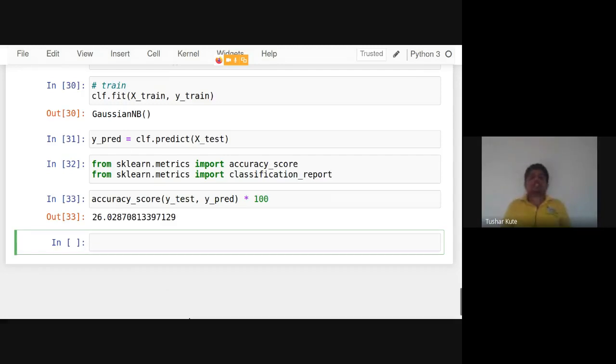Only 26% are matching with the Gaussian Naive Bayes classifier here. Check this. The accuracy score is 26% only. So basically the data set is not that good. The data set is completely imbalanced, that's why the algorithm is not working well. You have to balance the data set, and after that it's possible to apply the actual machine learning algorithms onto it.